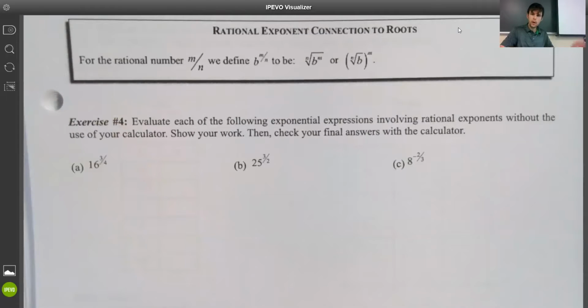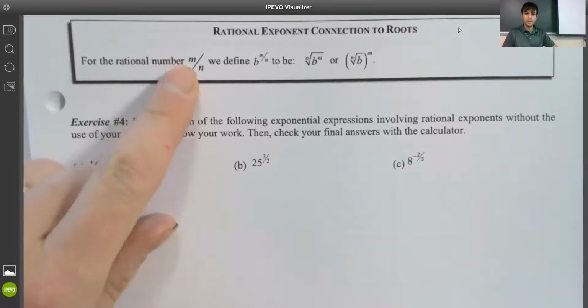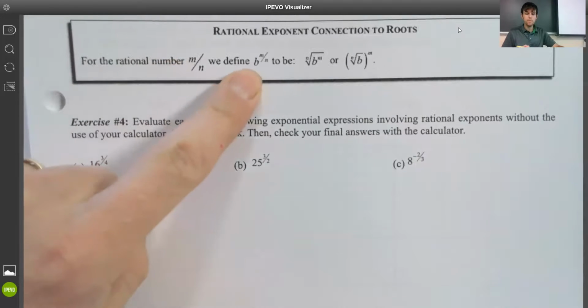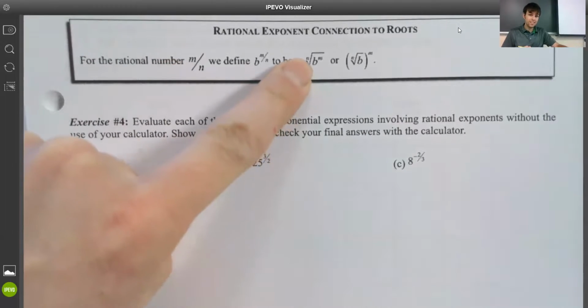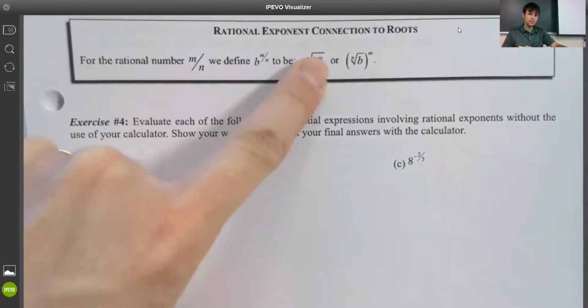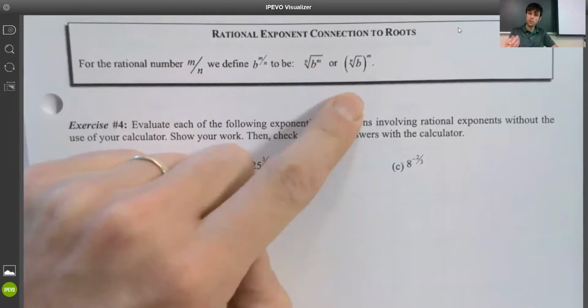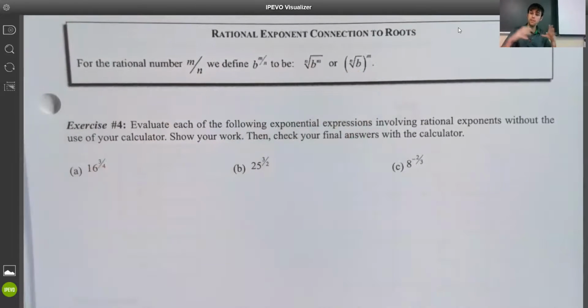Here is a kind of a way of writing it or a way of thinking about it as a rule. Anytime we have a fractional exponent of m over n, m is the numerator, n is the denominator. We can rewrite that as the nth root of b to the m. So the n is the denominator, the m is the numerator in this case. Or we can switch that order around. We can do the nth root and then raise that to the m power. Notice that the order of operations here is slightly different, but they're actually going to be equivalent and it doesn't matter. So both of them